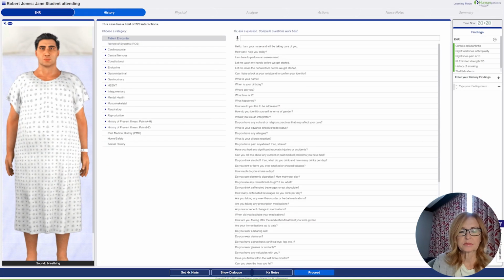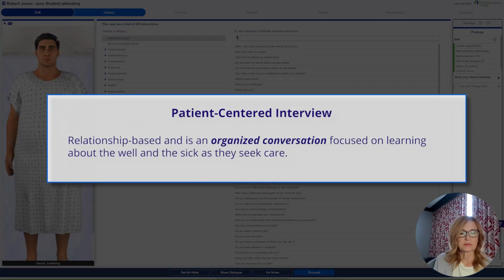When a patient is admitted to a healthcare agency, or when it is necessary to gather detailed information about a patient, you will collect an assessment using interview and observational skills. A patient-centered interview is